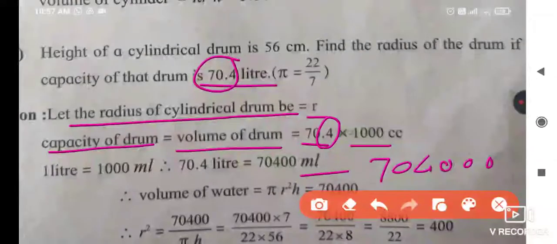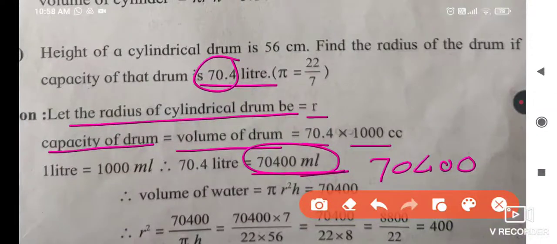From the last, one digit is after the point. I told you about decimal fractions, how we place the decimal point. So if we put the point at this place, then after the point one digit, 0, is there, it doesn't have value. So the answer is 70,400 ml. That is the conversion.